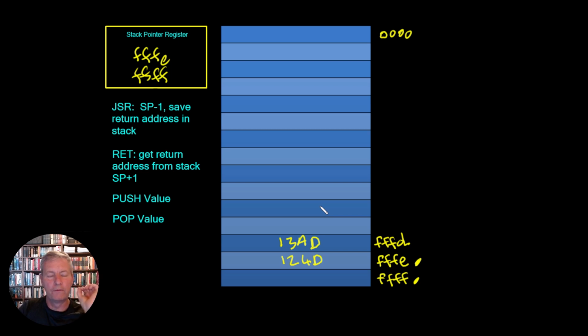Now, if we want to pop the values off of the stack, we go to the top of the stack. Remember, we can only ever go to wherever the stack pointer is pointing to, and we always have to keep an eye on where that is, and we have to use it properly. The stack pointer will always be pointing to the top of the stack, and we can pop that value off. But remember, when we pop that value off, we have to add one on to the stack pointer, so we come down to this point here. And again, if we want to, we can pop this value off and then add one on. We can pop this value off, add one on, pop this value off, and go back to the